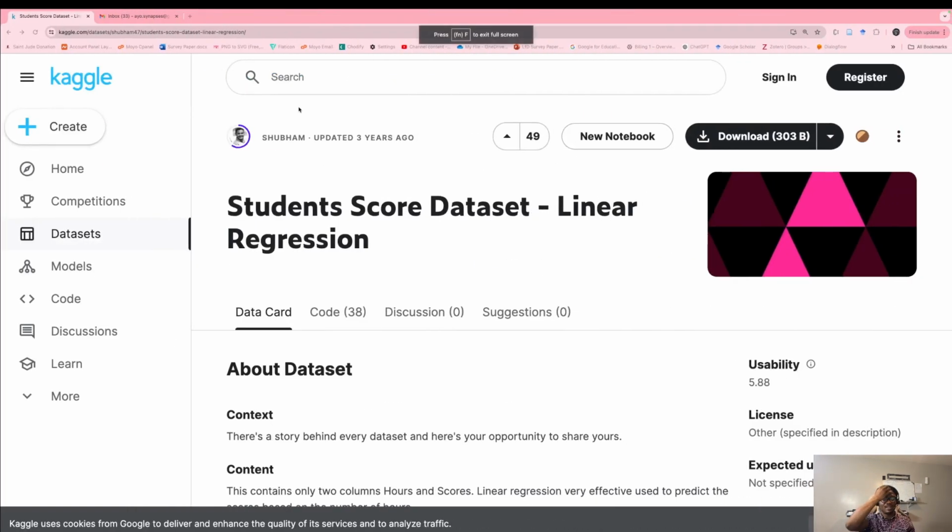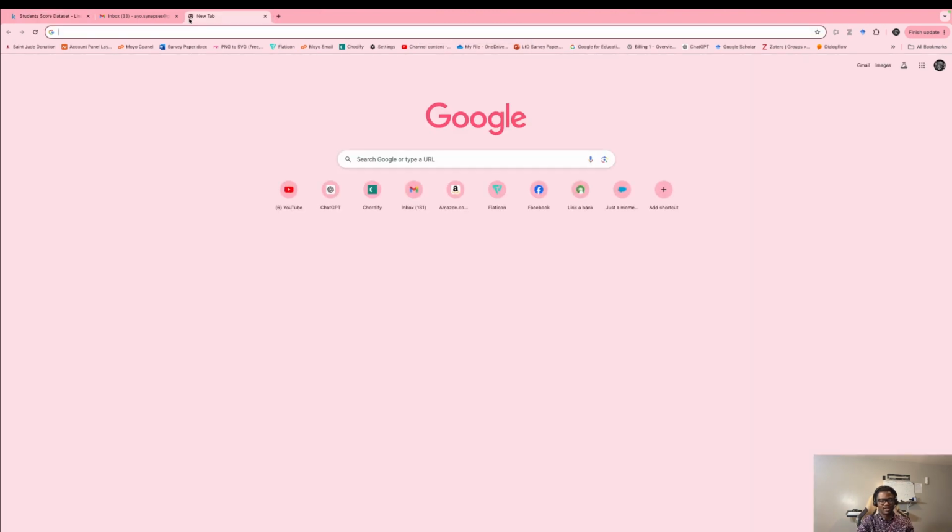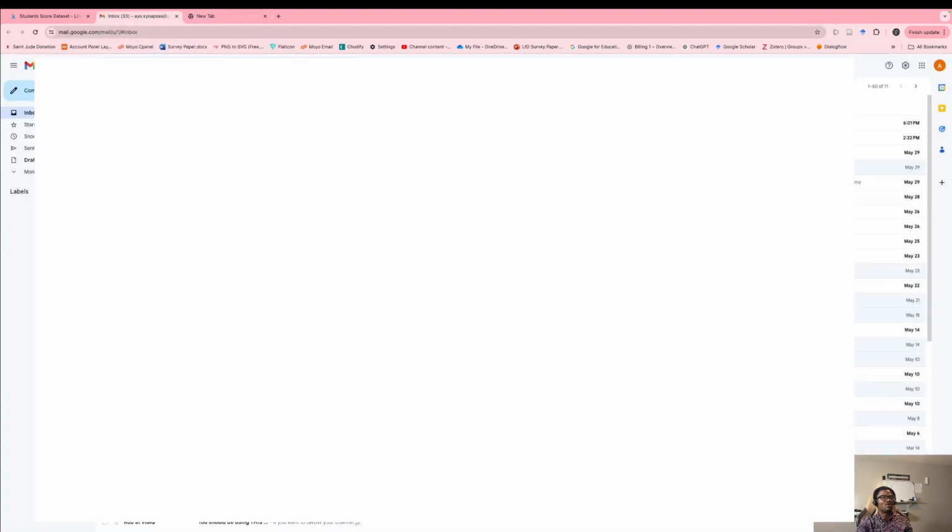Now let's go and code. The first thing we need to do is go into our Google Colab. I explained last time, there are two ways. If you've shut down your laptop or your Google Colab is not open, there are two ways to get to Google Colab. The first is to go to the email that you are using for your Google Colab.